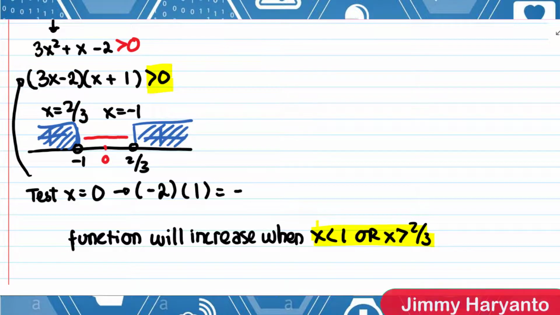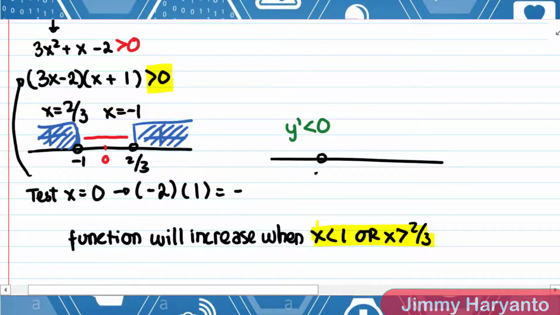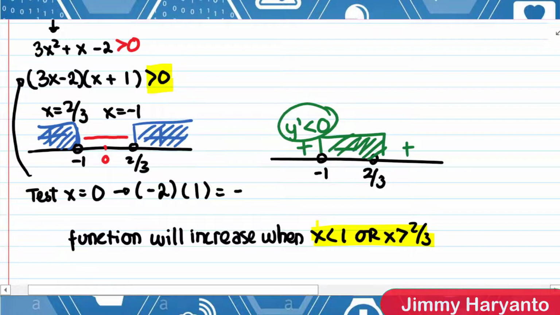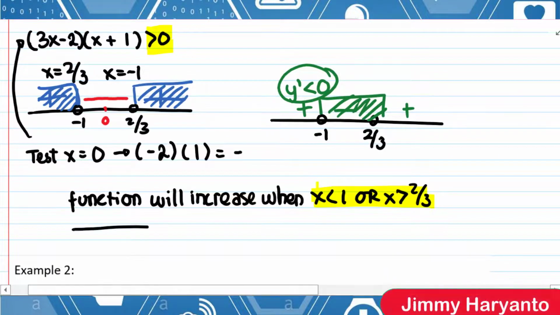And then for the decreasing one, we know that the condition is y accent less than 0. So instead of taking the plus 1, we will take the negative 1. This one is negative 1, and this one is 2 over 3, and then this one is minus, this one is plus plus. Because we need to find y less than 0, that means we have to take this area. So the function will be decreasing